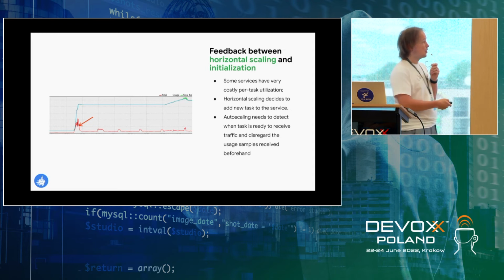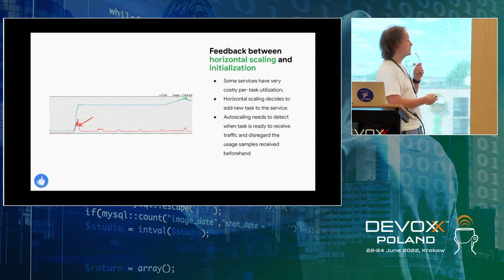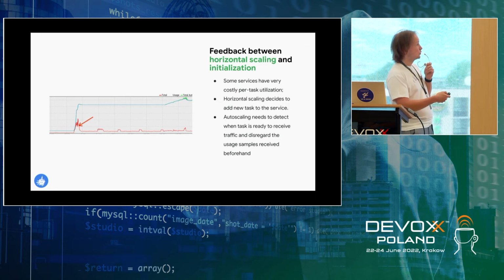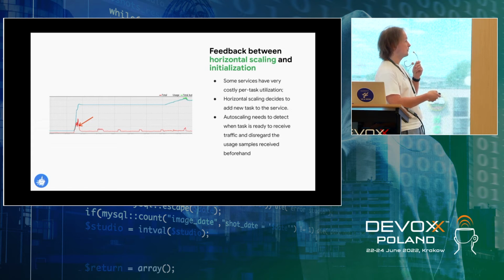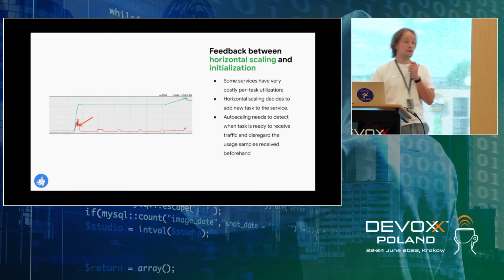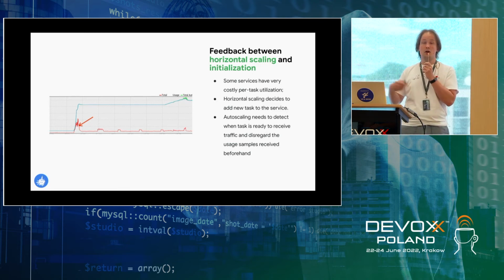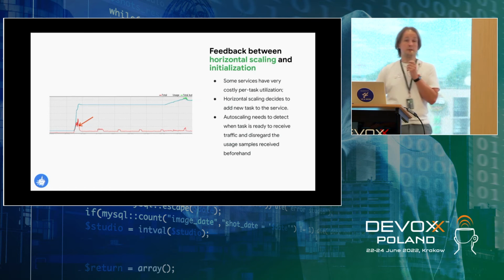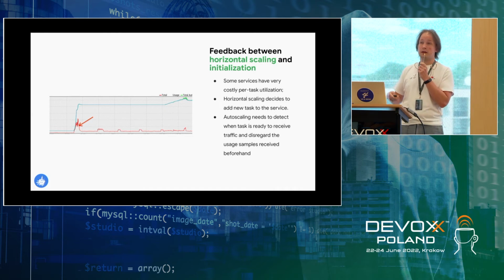So here is an example of an actual situation like this. First there was some usage, then there was some spike that led to a higher value of usage for some reason. But in the meantime, there is this huge usage spike, and it is mainly due to this initialization cost, and CPU limits went off the charts. How do we solve this problem? We just need to know when the task is ready to serve traffic, and disregard all the CPU samples we get from initializing replicas because they are not indicative of the application performance.